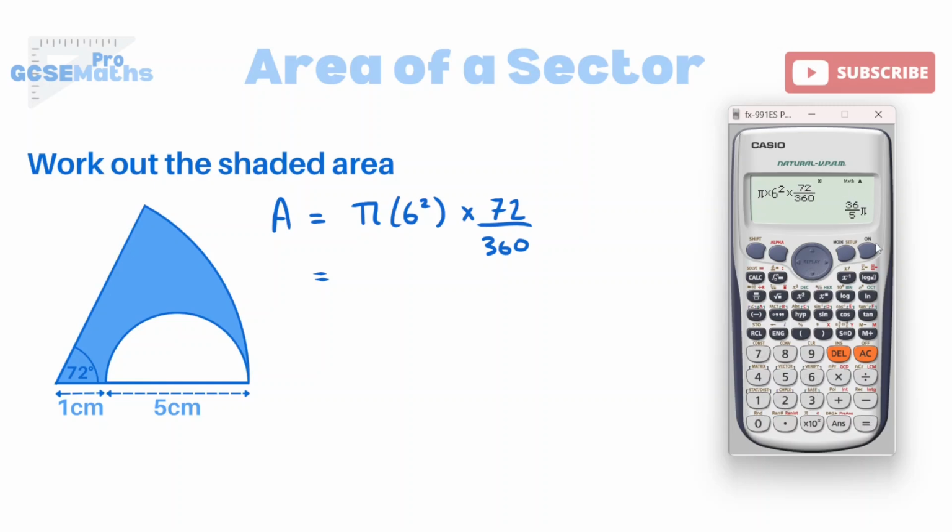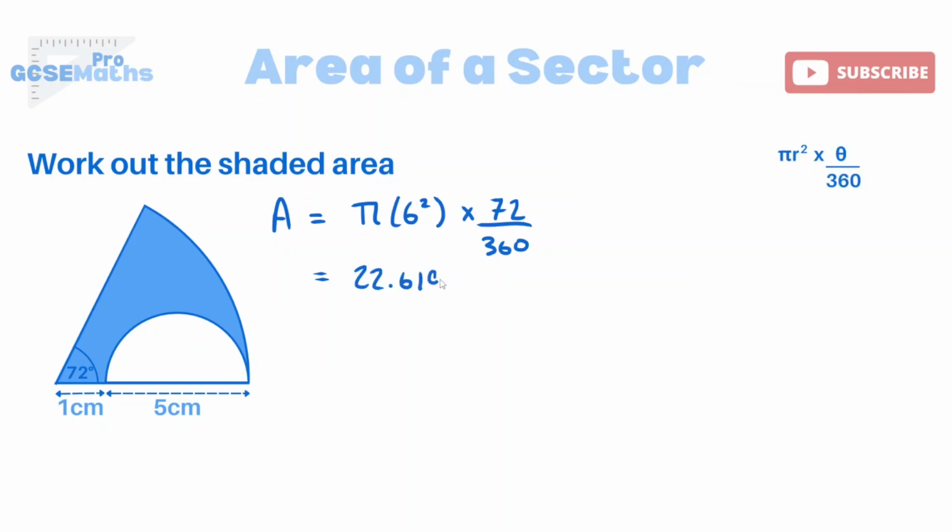You can write this down in terms of pi if you like, but I'm just going to write down a couple of decimals, so 22.619, let's write that down. Now I'm not rounding it too soon because obviously I haven't actually found the final answer yet. So that's my whole sector, but that's including the semicircle, isn't it? So I'll put, that's a sector. Now we need to find the area of the semicircle,